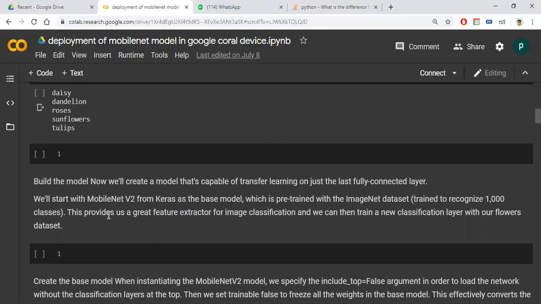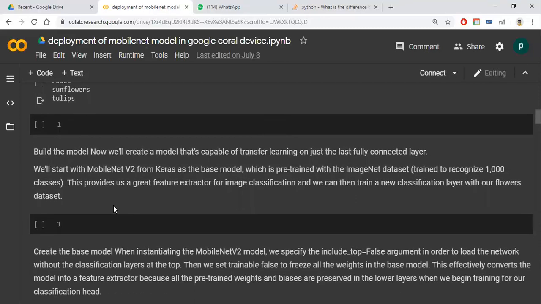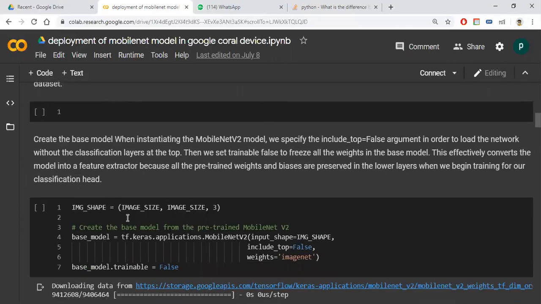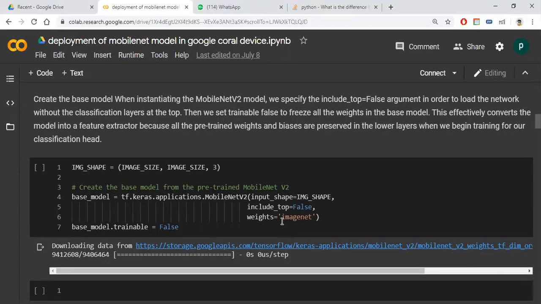If you want to know about MobileNet, I did one video on MobileNet; you can go through it and understand. Then we need to give the image shape. So I am importing MobileNet version V2 from Keras applications. For input shape, we need to give the input, so what is the shape? We write it in this. For weights, it's already a pre-trained model, no? So it is trained on ImageNet weights. For the base model, trainable is set to false because